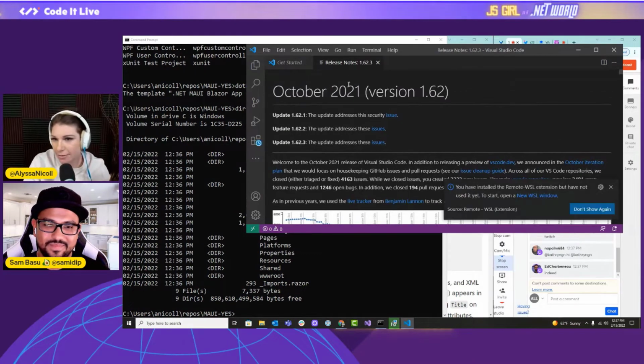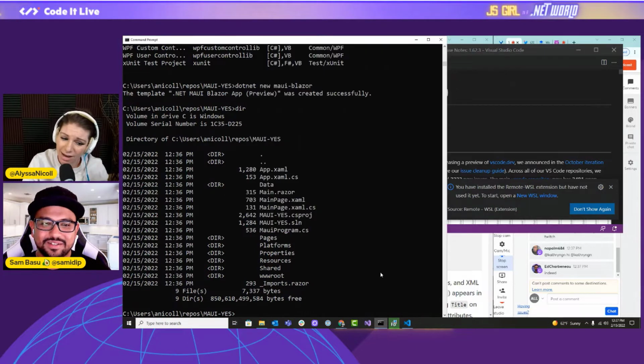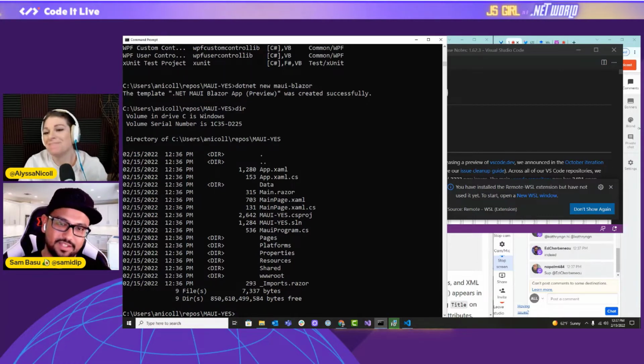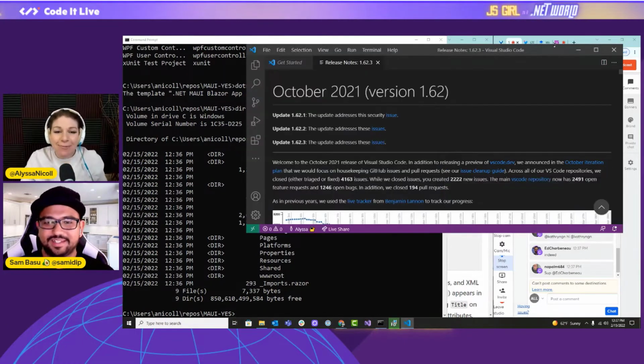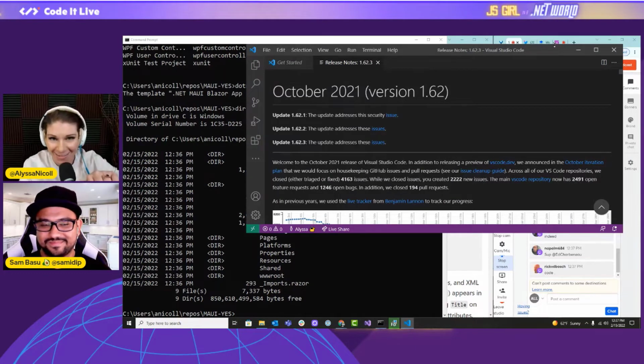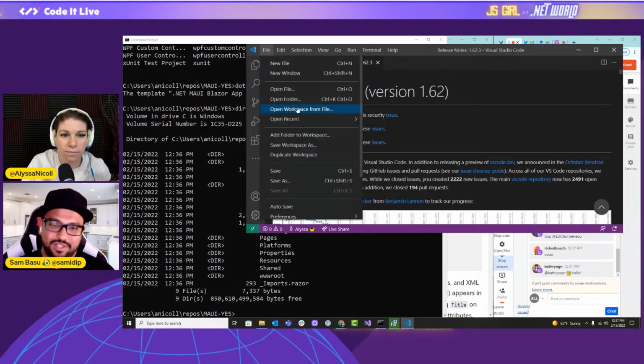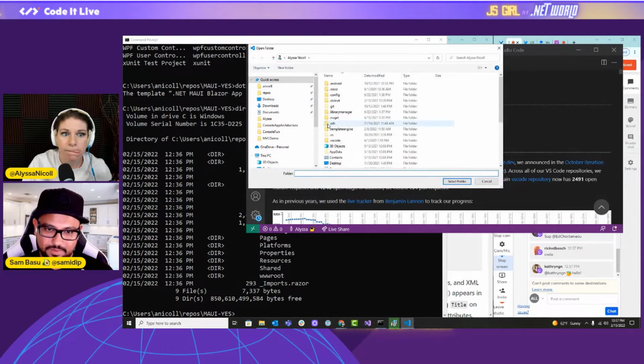Is there a way to say open VS Code? No, you have to have VS Code in your environment variable path, and then you can say code dot. Oh man, at some point I'm going to make you help me look at my environment variables. Okay, so File, Open. Not open a file, open a folder. Yep, and just point it to